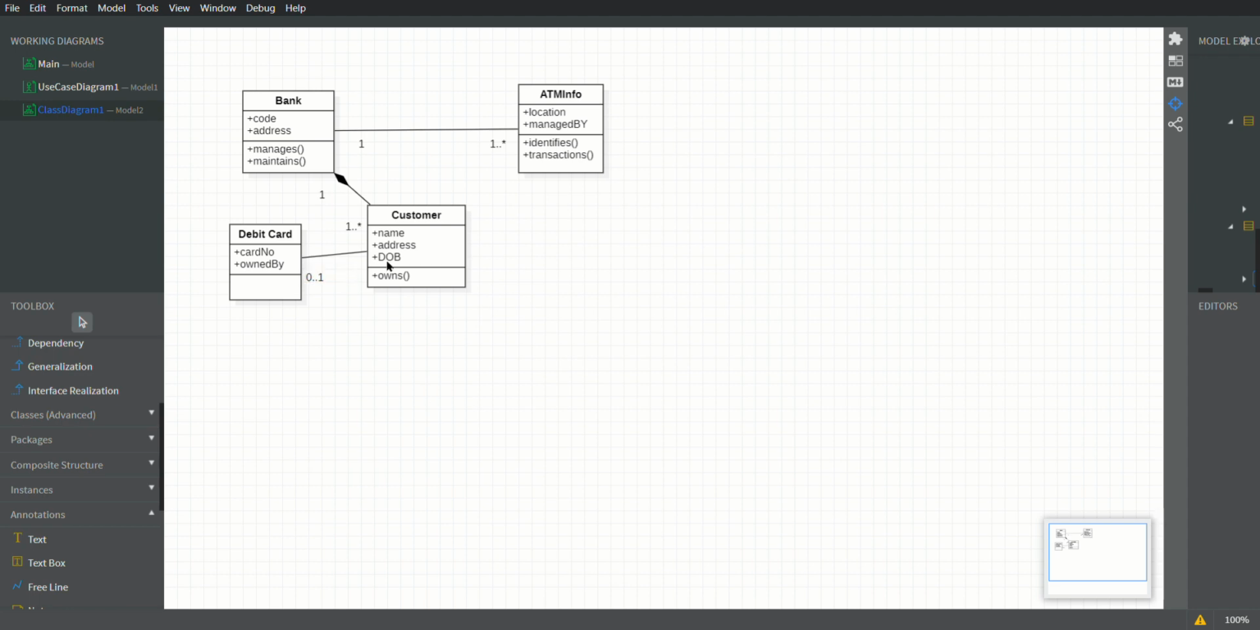So each customer can only have at maximum one debit card, but many customers can have many debit cards collectively. So one customer can have only one debit card, one-to-one relationship. So now we have